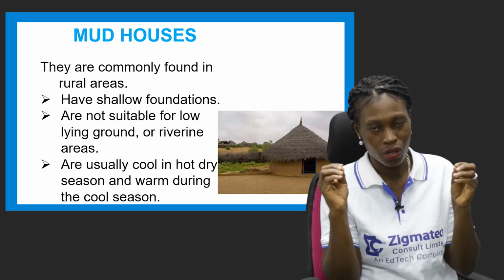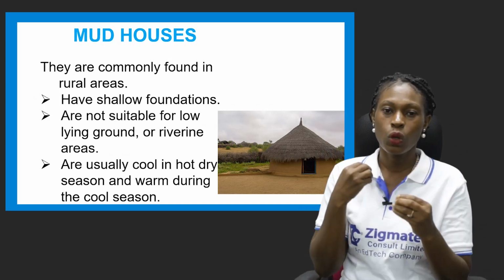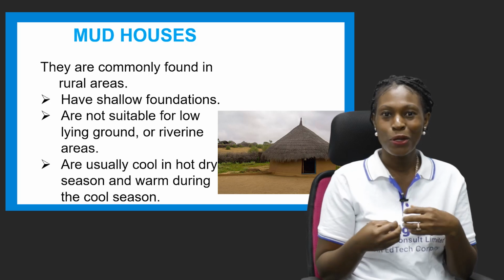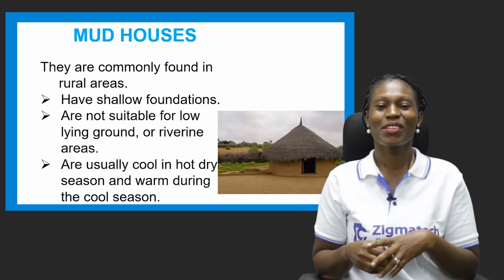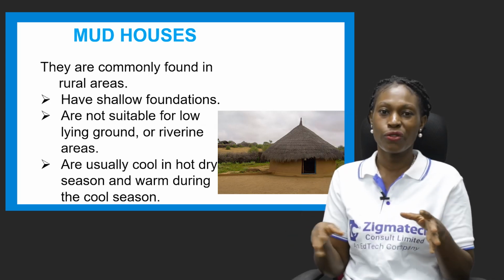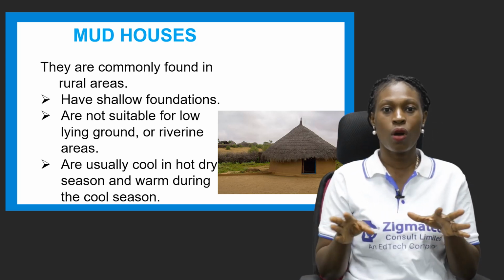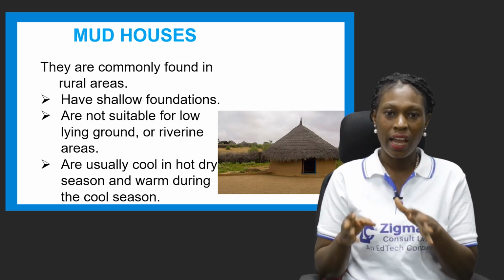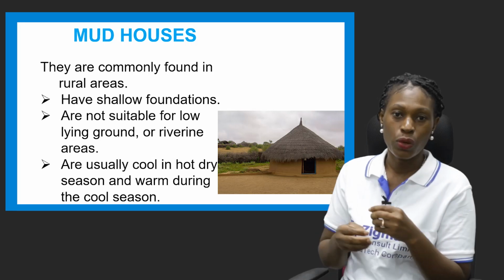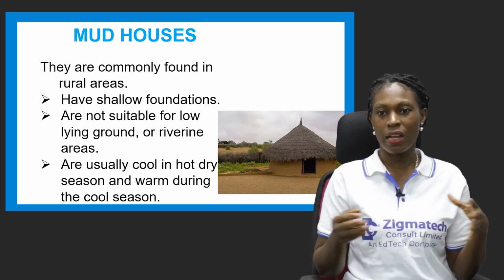You know, they are made of mud, so if they're always having contact with water all the time, you know what will happen, of course. One day it's just going to melt off. So it's not good to have your mud houses where they will always interfere with water regularly.